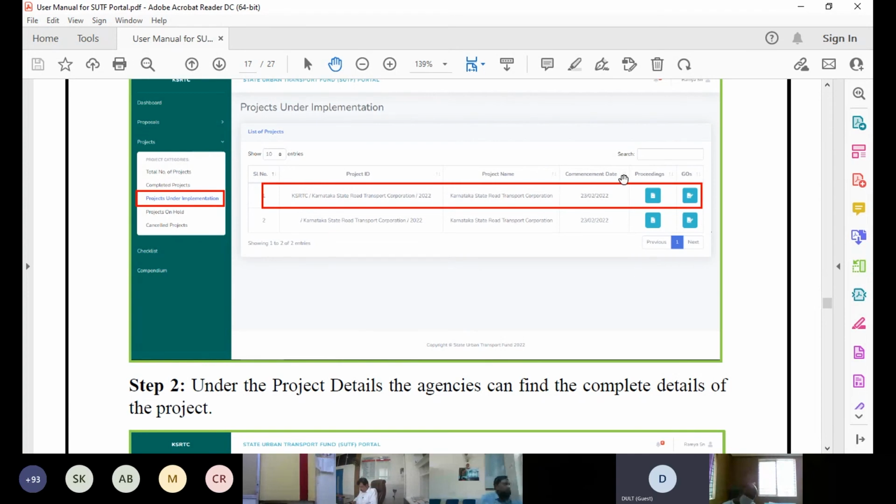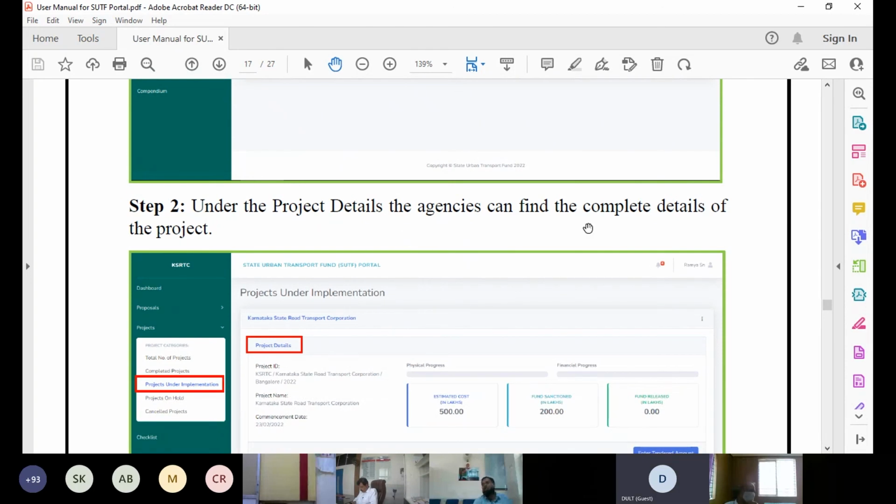Then your project name, commencement date, the date from which the geo has got sanctioned is the date that the project starts. Any ECM meetings or any other meetings with the department take place, and if your project has been discussed, the proceedings will be here for your reference. And the geo, all the geos, the sanction geo, your fund release geos, all these will be available here project basis. You can always click and view them.